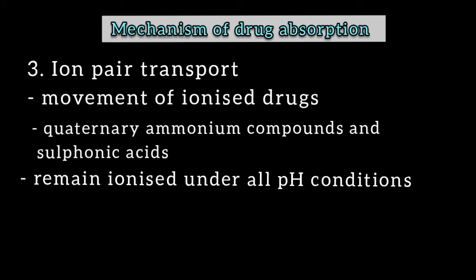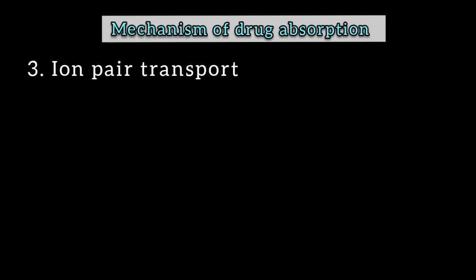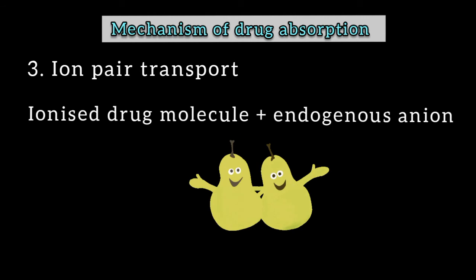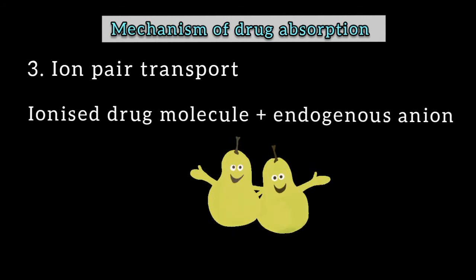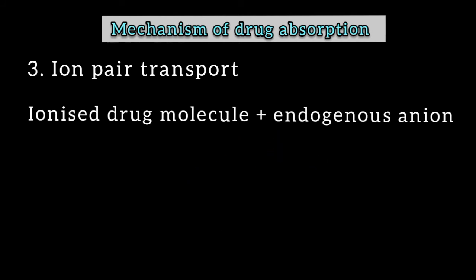So drugs which are ionized have to find a special way of transport so that they can cross the membrane, because they are not lipophilic, and so this is why the ion pair transport is there in the body to facilitate this movement. The ion pair transport, as you can see, there's the word pair, which means that the ionized drug will pair with another endogenous anion in the body,